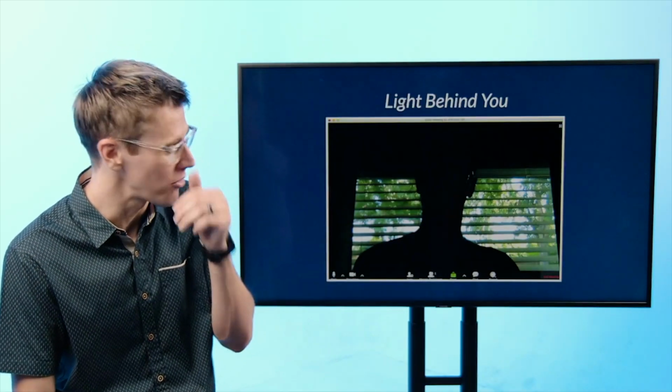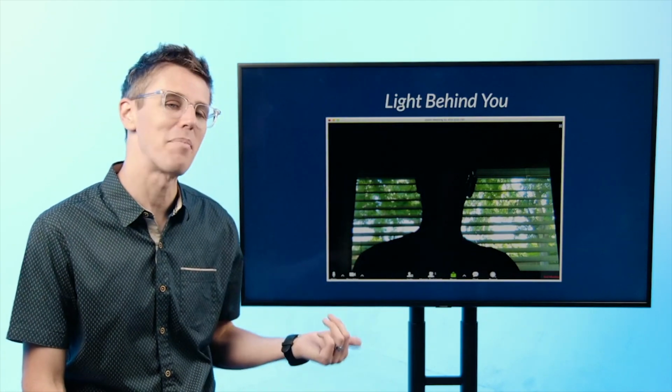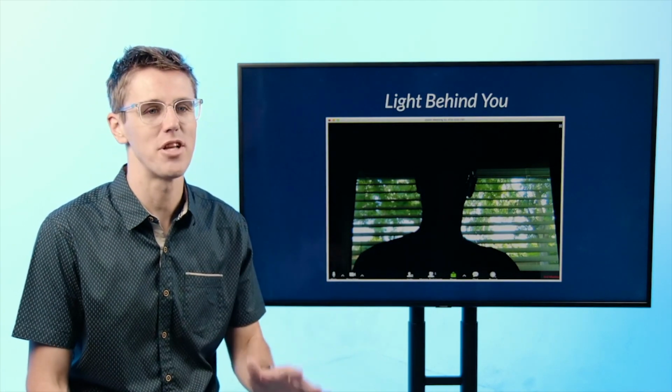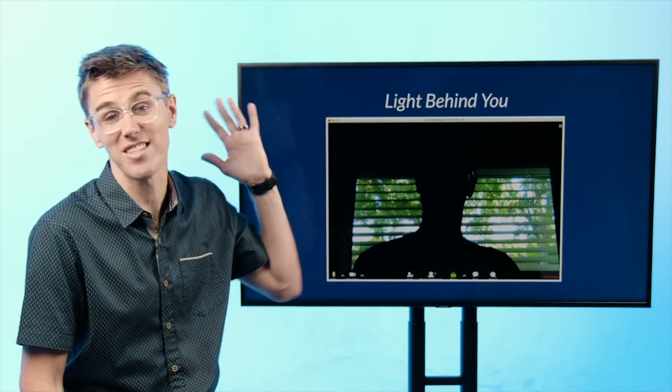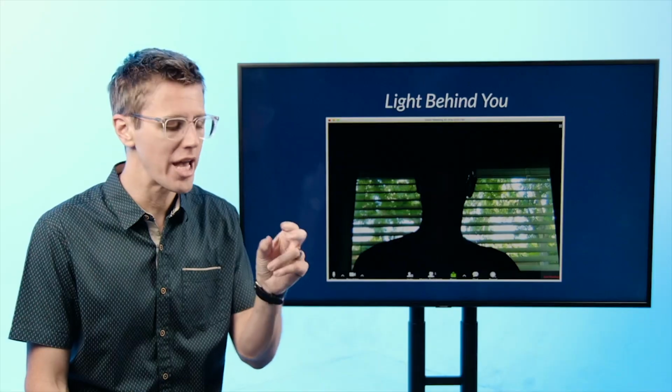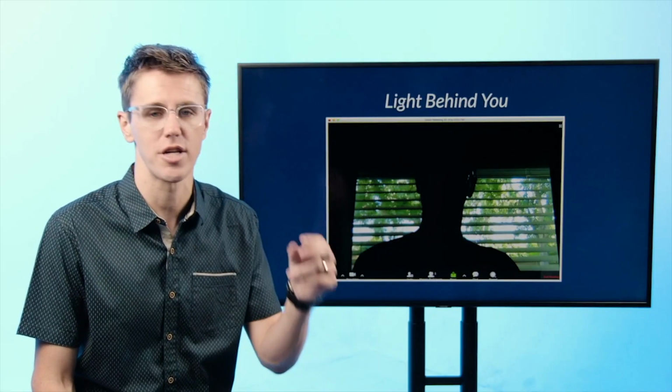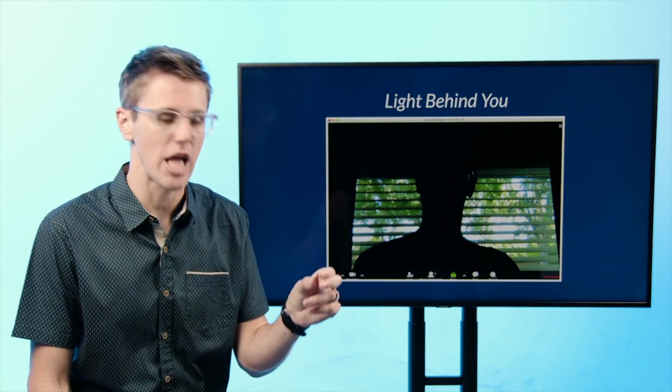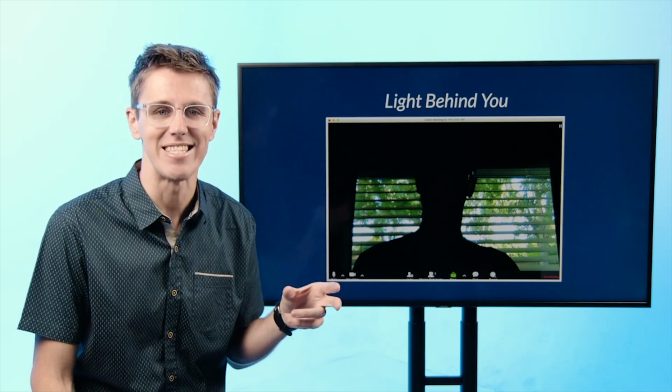And so here are some examples. This is a pet peeve of mine. People tend to put the light behind them on a video call, like a window behind me. The interesting thing about webcams and cameras is that you only get as much light as how big the lens is and how much light is allowed in. Most cameras on computers have pretty small lenses, and not a ton of light can come in.